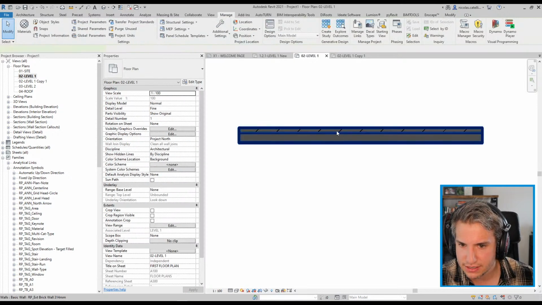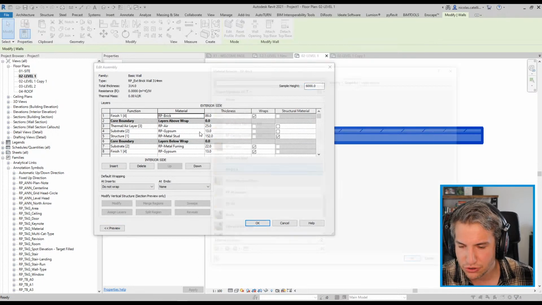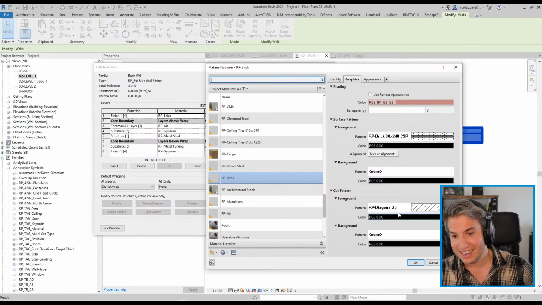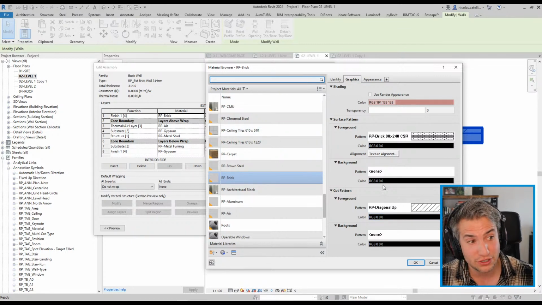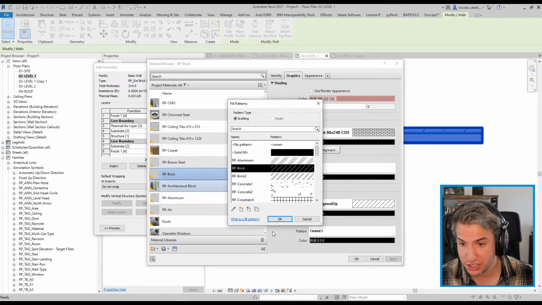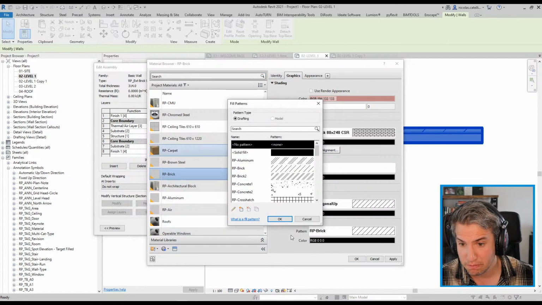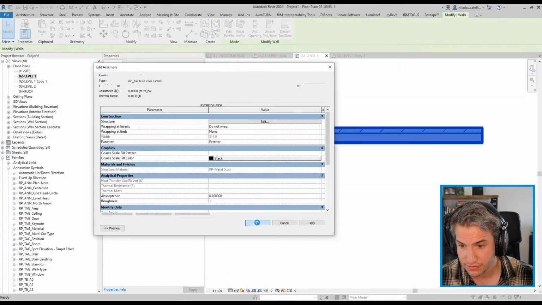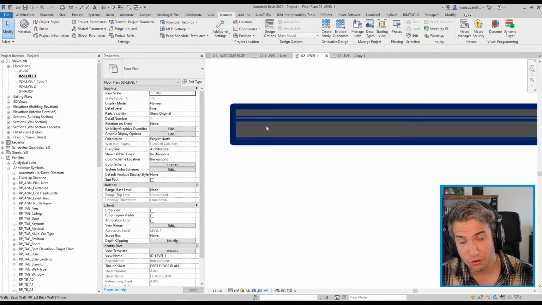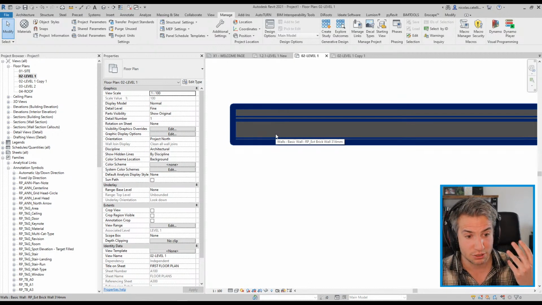Okay, so if I go to this brick wall, let me take a look at the structure. I'm going to the brick. So you can see that the cut pattern of the brick is set to the foreground. That's super important that your materials are set this way. Because, for example, I'll switch it. Let's say I put the brick material in the background like this, and I remove the pattern for the foreground. You can see what happens. The pattern for the brick is gone because the background pattern override we set in the phases has priority over